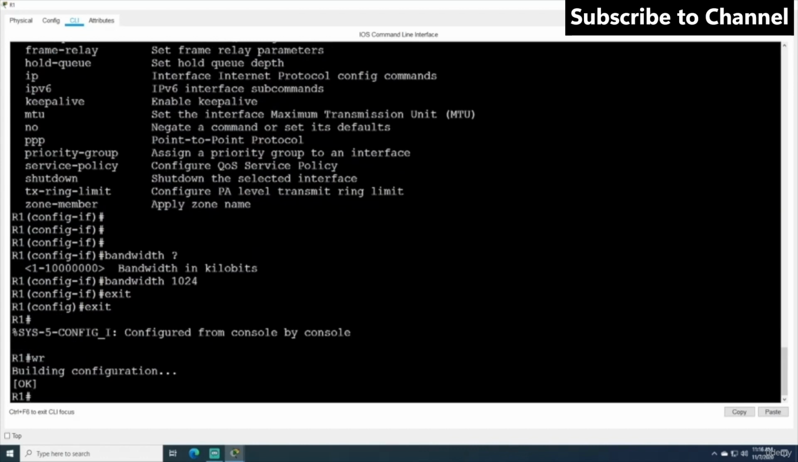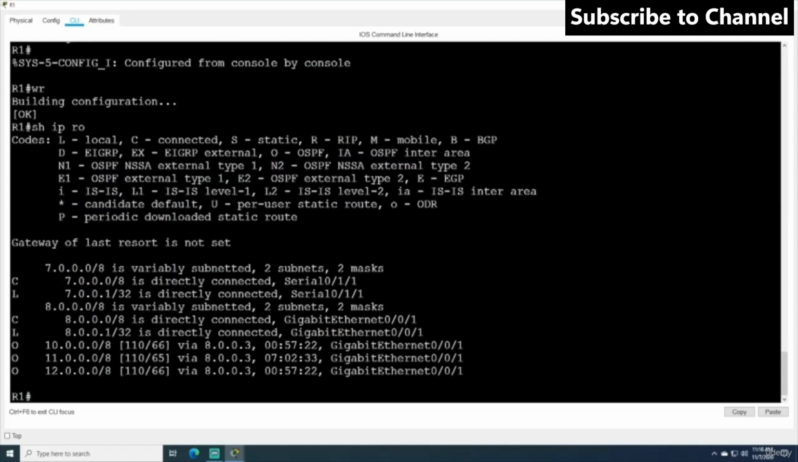I will save the configuration, and now let's do a show IP route command and look at the vanilla routing table on router 1. And it looks like we have corrected that problem, because now instead of having 2 preferred paths to the 12,000 network, we only have this one, and it's going via router 3. So that all looks good,